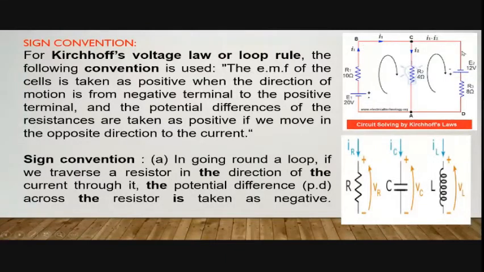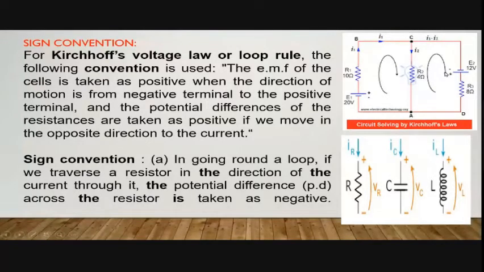Let us see here. This is your circuit. In this circuit, you have one voltage source here, that is E1. Here you have got one resistance. Okay, this is R2 resistance. Here you have got another voltage source and another resistance. Okay, R1, R2, R3. These are the three resistances, and you have two voltage sources, E1 and E2. Okay, and let us assume this is the direction of current. This is the clockwise direction. That means it is moving in this direction. Okay, and this is current I1. Here you have the current I2 in the same direction.